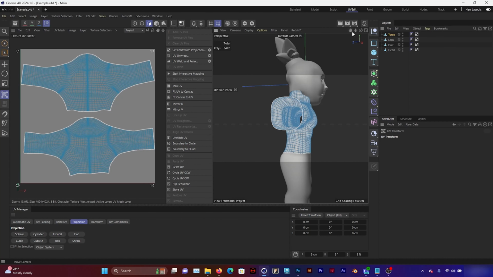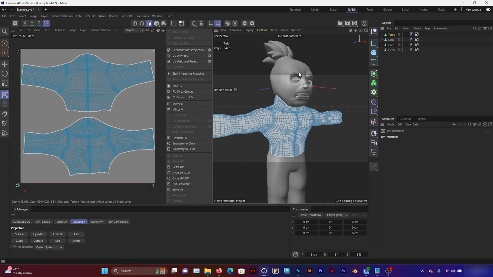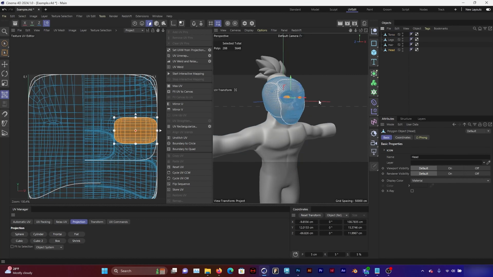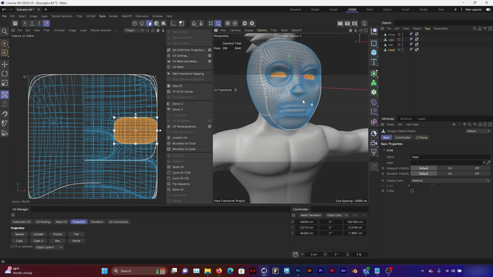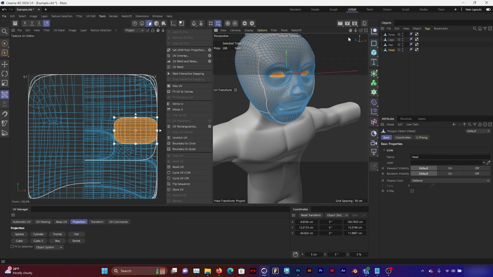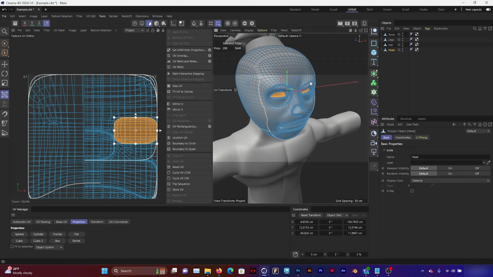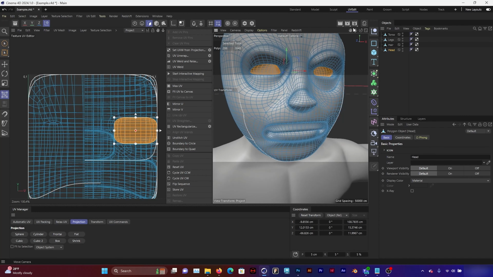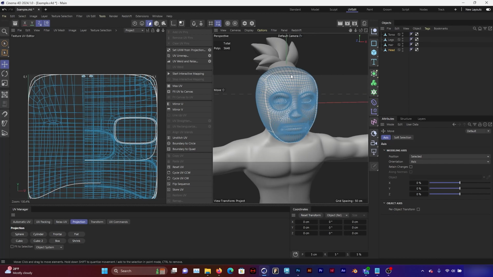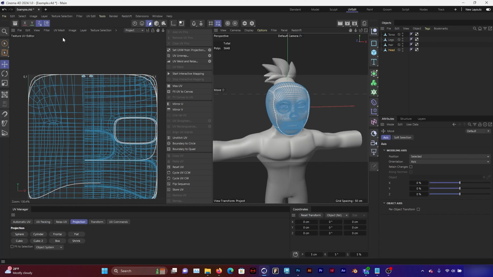So now that I have the torso completed, I'm going to go on to a different section of the character, such as the head. Now the head is a little bit more complicated. There are parts of it, such as the nose and the mouth, that have to be separated, and this character is wearing a mask, so I have to be careful to separate the mask from the skin. So what I'm going to do with this one, like the last one, is click off and highlight all of my polygons